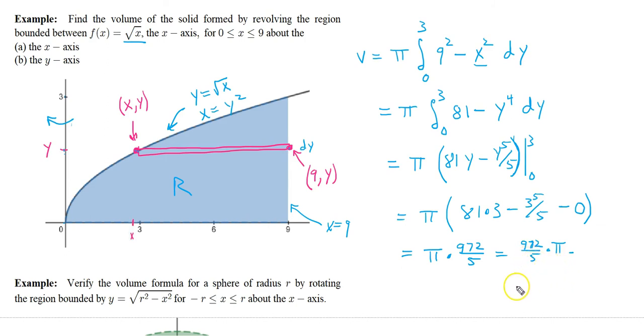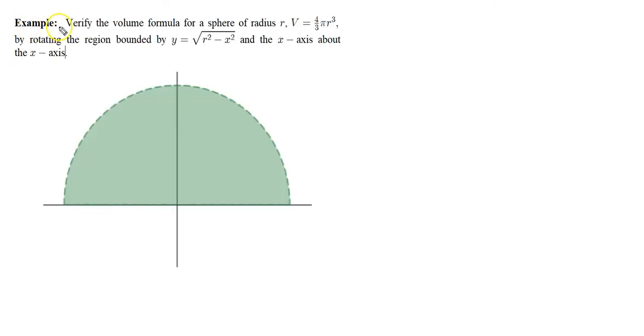Now let's take a look at another example. Now in this example, we want to verify the volume formula for a sphere of radius r. The volume is given by 4/3 pi r cubed. That's the volume for a sphere of radius r. So we want to verify this formula by rotating the region bounded by this equation and the x-axis about the